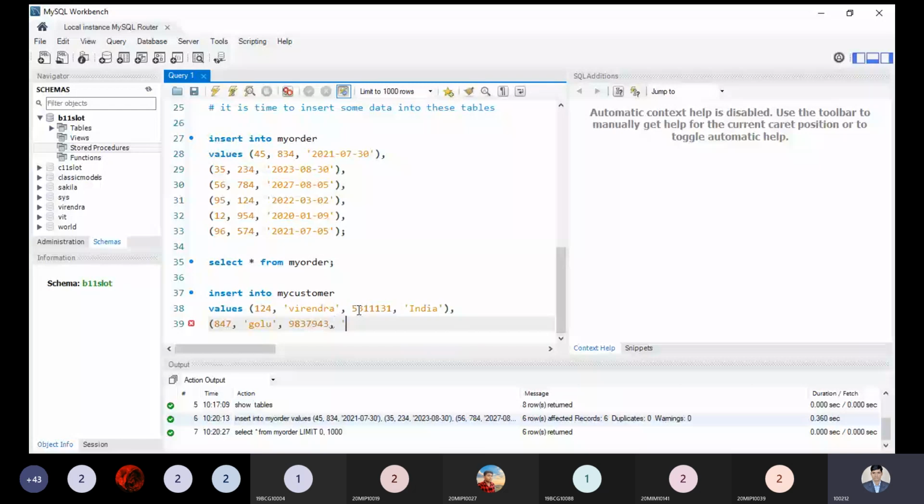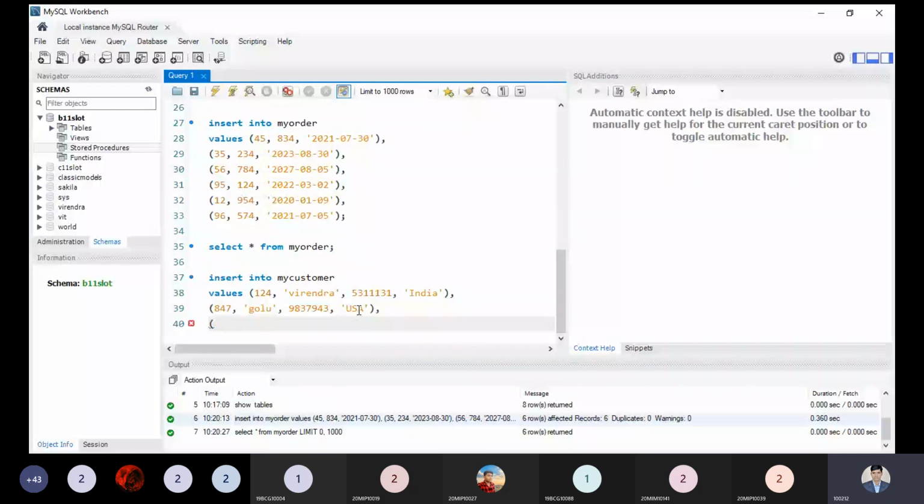Next, I'm taking one more customer ID which is residing in my order table. So 574 I can take without any doubt. And this one, just random, putting the name over here. UAE, whatever you want to use, you can take. Let me add one more data.